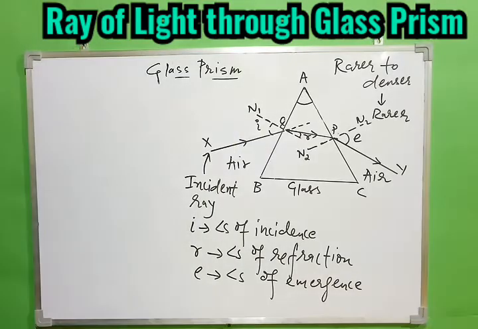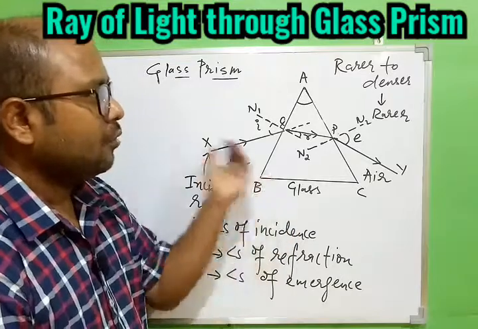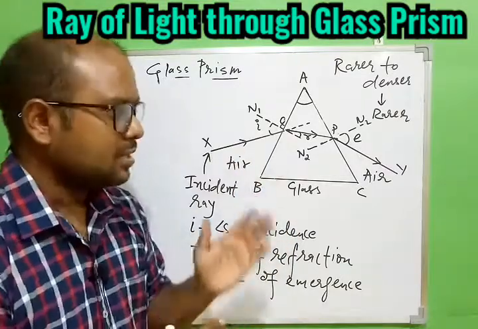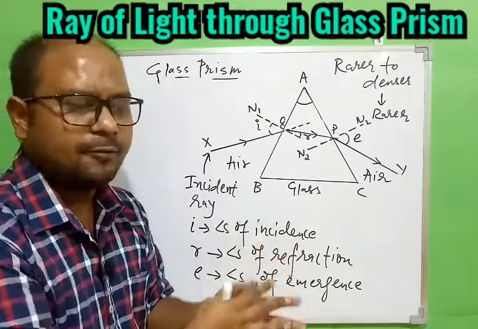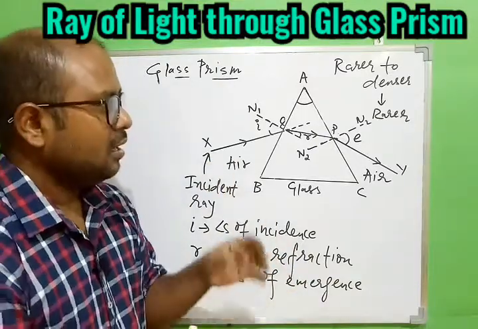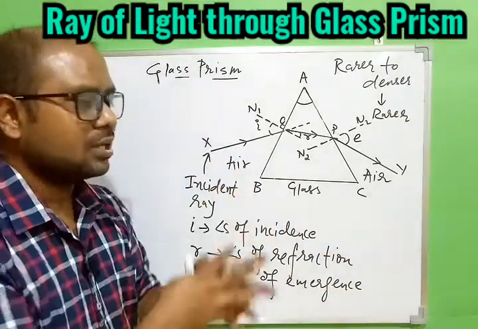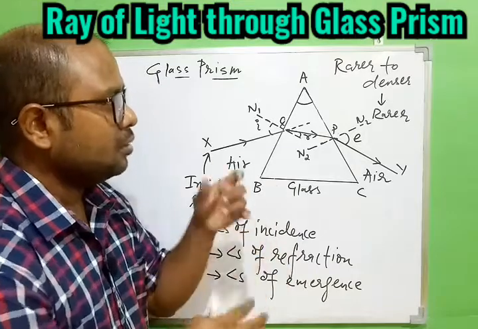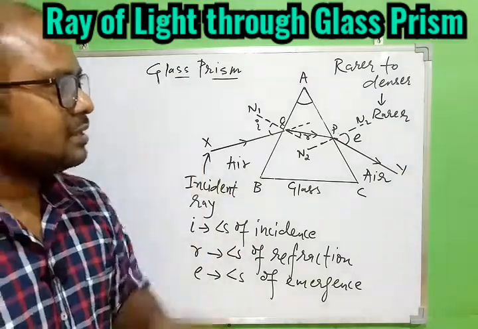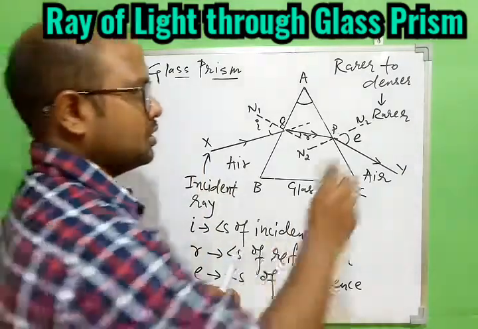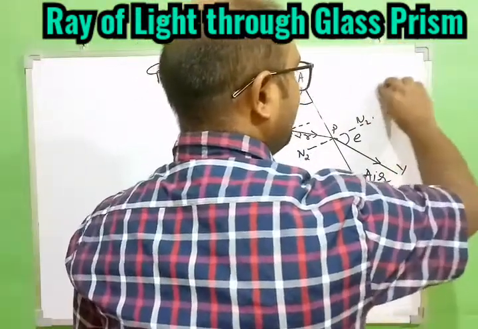So I hope the very first thing is this part, that is how to draw the diagram for the ray of light passing through the glass prism. This is very important. This is the very important part of this topic, which basically comes in the CBSE. They just asked to draw this ray diagram, that is the ray passing through the glass prism, and we should be able to find out the angle also. So we should be able to write down the angle, but other than this we have more angles to see. So let me erase all this because some modification will be done here itself.